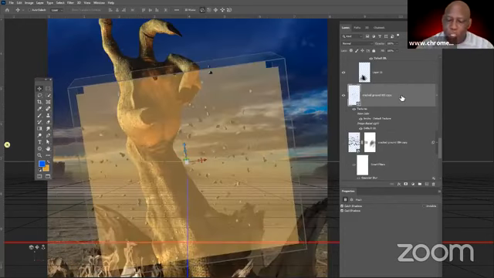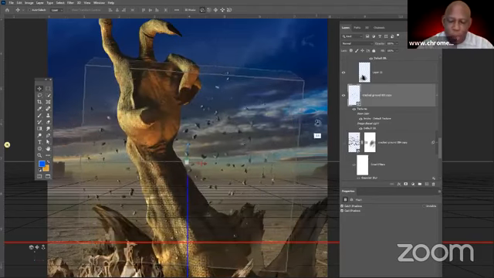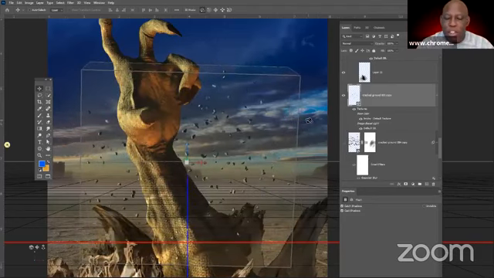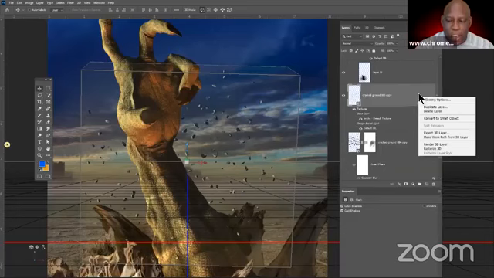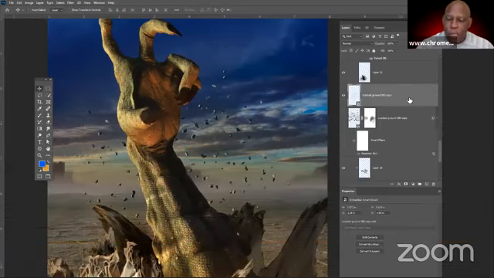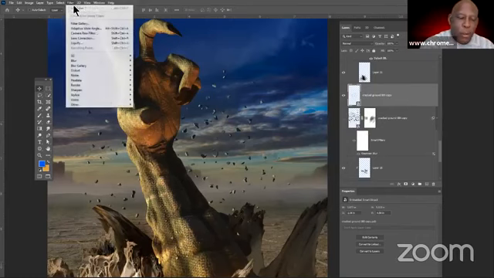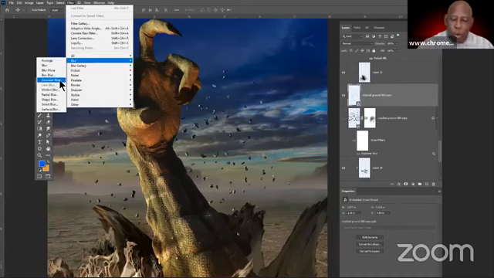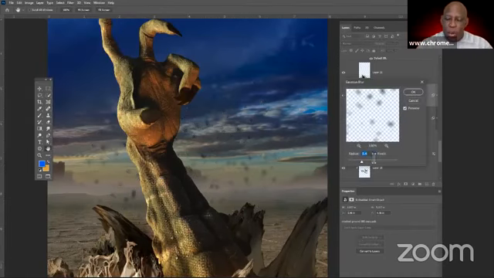Now, what I want to do next is important. The debris in the background is going to be blurred a little bit, right? Because we're focused on the hand. So I'm going to change this 3D object to a smart object. Right click on the right-hand side of the 3D object, convert to smart object. Once it's a smart object, I can go to my filter menu, blur, Gaussian blur. Oh, look at that.